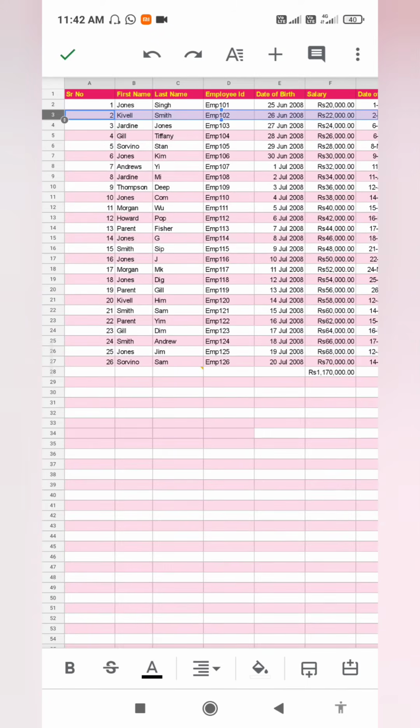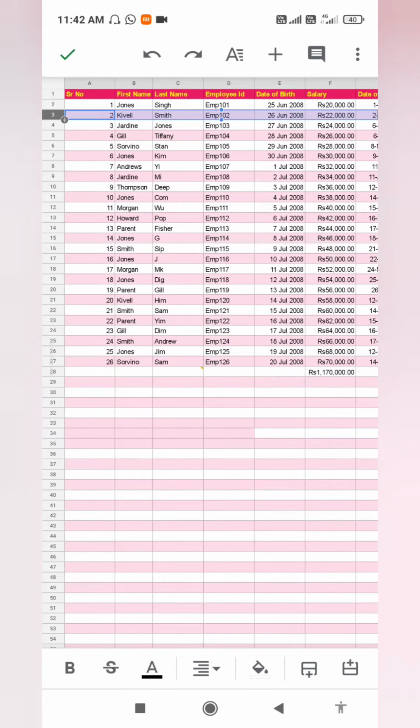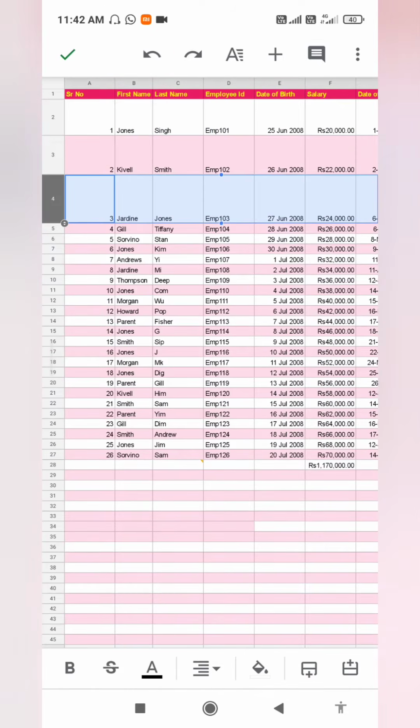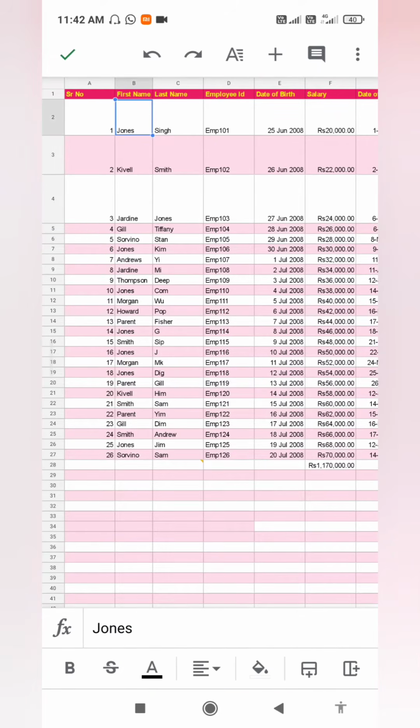So moving forward, our next topic is how to rotate your text inside your sheet. So here you can see I have these numbers in vertical order, but if I want to make them horizontal, let me just click on redo here. So I have just performed these actions. So for example guys, this John is in horizontal and I want to make it vertical. In order to do that, you have to select it and click on this A shadow kind of button